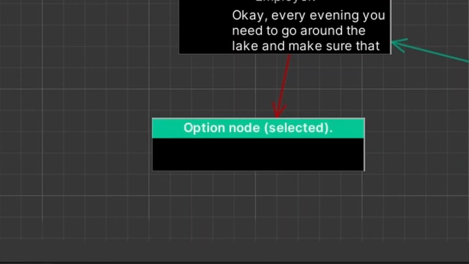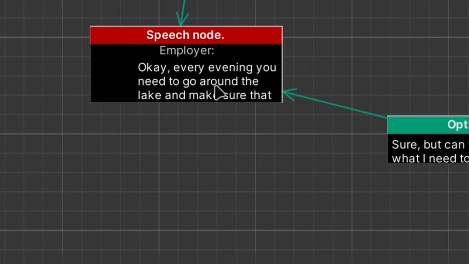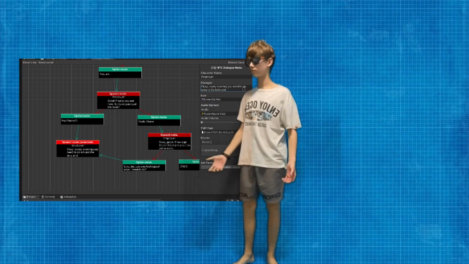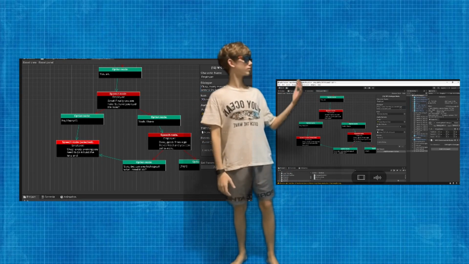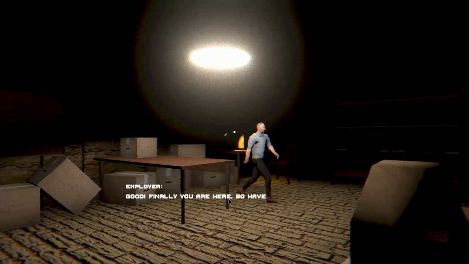And after making the dialogue, I closed the project, opened it the next day to find out that none of it saved. For some reason, you need to save this window separately from the project or it won't save. Like, why? But anyway, I did it with all the animations and now we can talk to this guy,